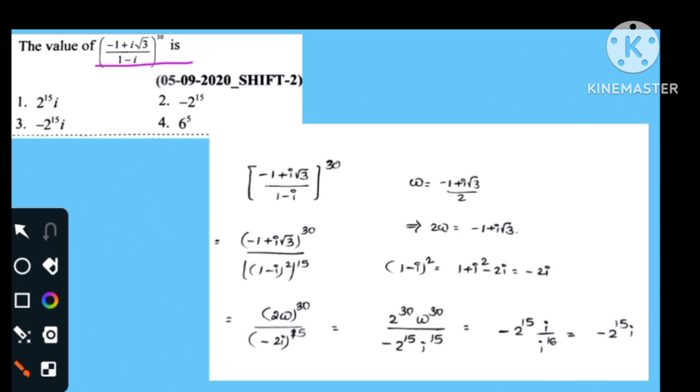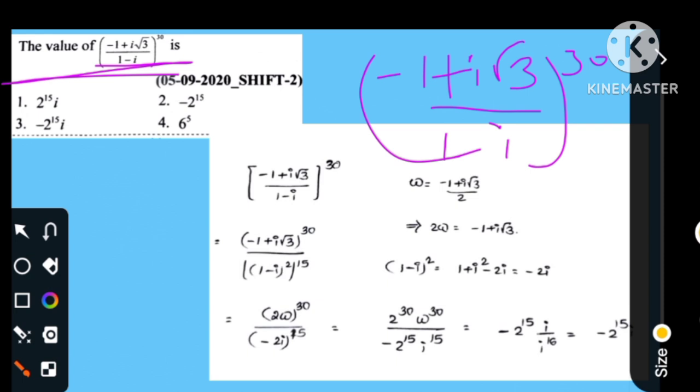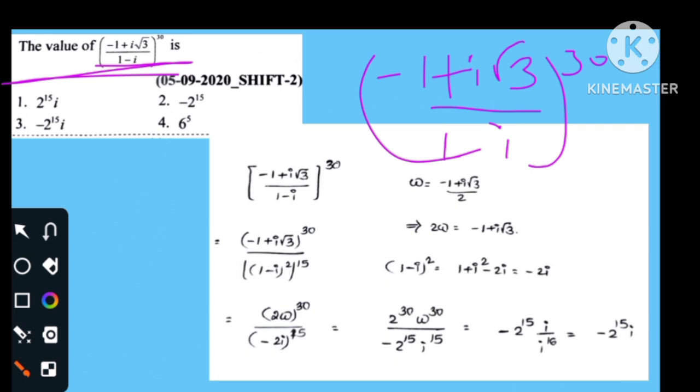What is the value of minus 1 plus i root 3 by 1 minus i, whole power 30? Very easy question. Very easy. Okay, check the answer. See the answer here. Okay, see here. So first,